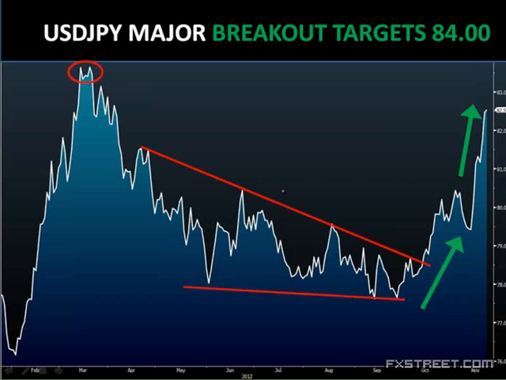Now, here we can see a major breakout on the dollar yen. This is likely to target the 2012 high at the March peak at 84. So I do believe that dollar yen is likely to hit 84. On a near-term basis, we are definitely overbought. We just triggered a bearish reversal candle pattern just today, so we are likely to unwind from overbought levels over the next few days. But over the next few weeks and certainly into the year end, dollar yen is likely to hit 84. Keep in mind, in the last few weeks alone, it has rocketed up 7% in just a few weeks. So this is proving to be a very fast-moving market.